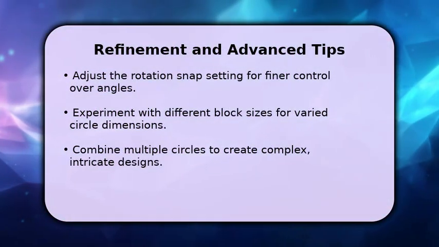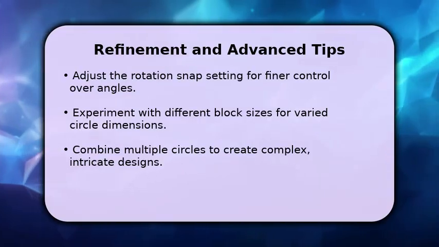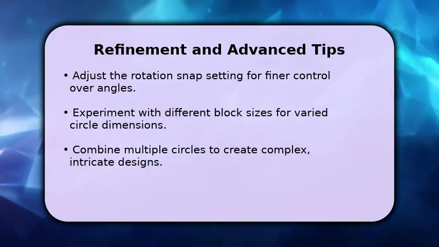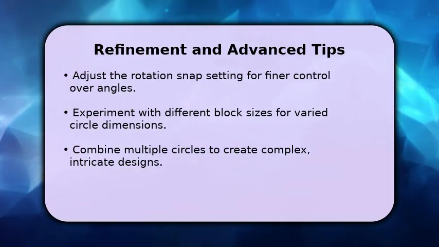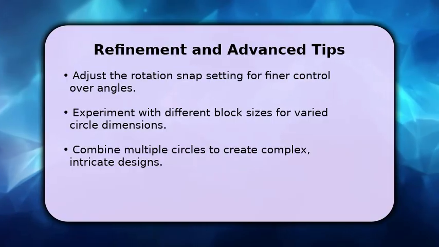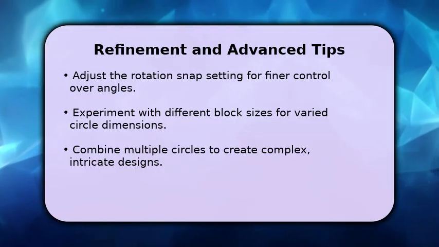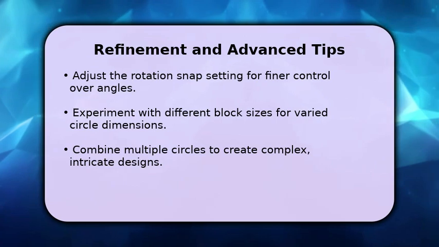For truly perfect circles, consider adjusting your rotation snap settings to a smaller increment, like 1 degree, for maximum precision. You can also experiment with various block sizes to create circles of different diameters, from small rings to large structures. Remember, practice makes perfect, and combining these techniques allows for incredibly detailed and complex circular builds in